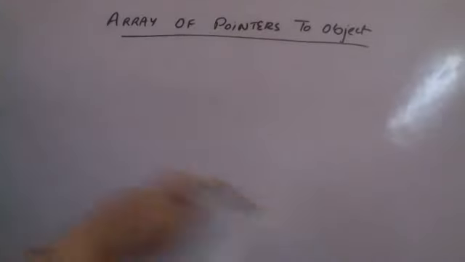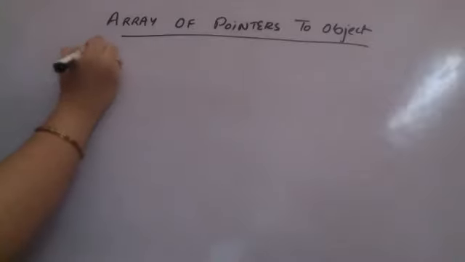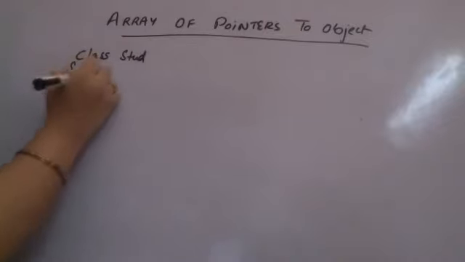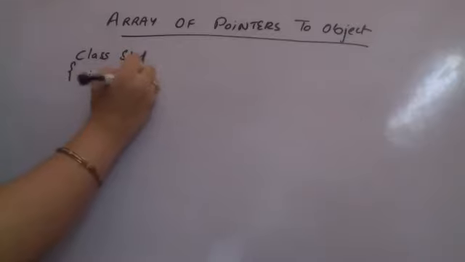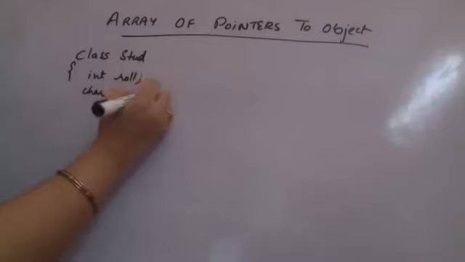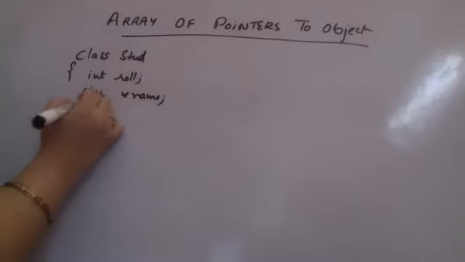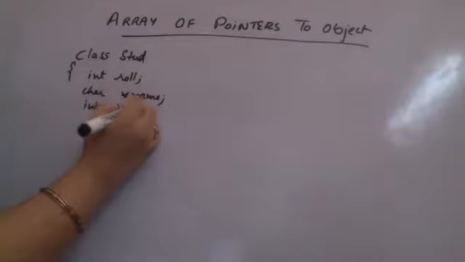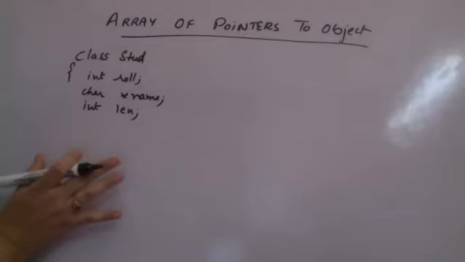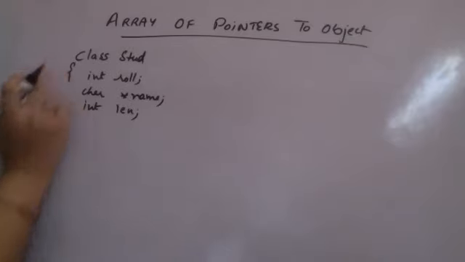Now, supposedly, I am going to take an example of class student so that you all can understand what I am creating. So I am just creating a class student. Within the class, I am having an integer roll number. I am having some character name, and I am having some integer length of the name. And supposedly these are the parameters right now. You can add more. Just for the simplicity of the program, I'm sticking to these.